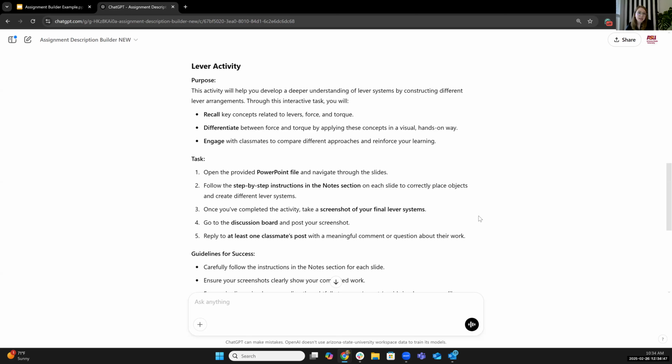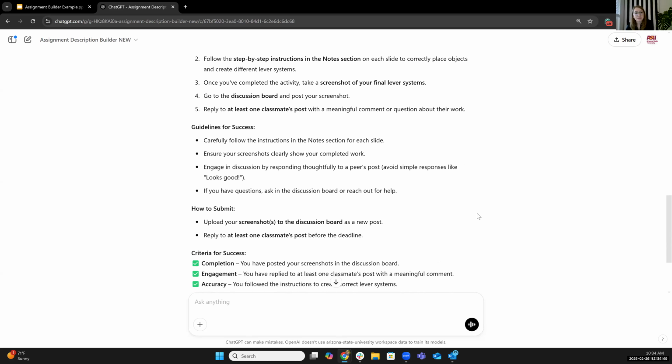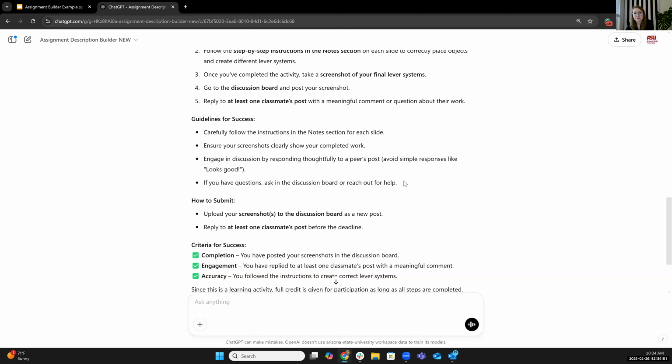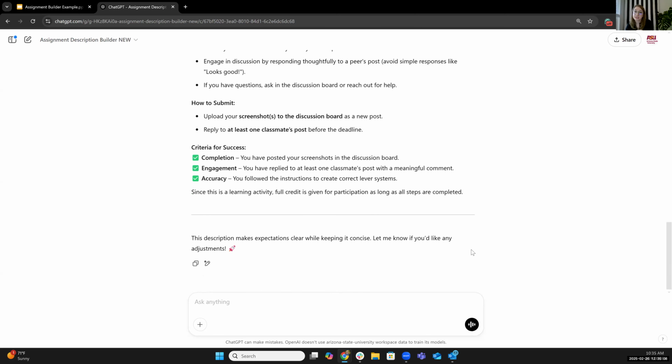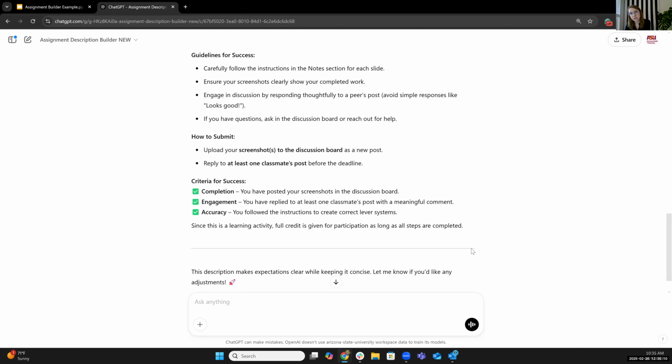The guidelines for success, this is a short activity. I don't think we need to have that much info. I probably wouldn't include it. How to submit, we could have some more information about how discussion boards work, and then the criteria. Again, they're getting graded off participation, so I would tweak that as well. And also, if you notice, it's missing the technology support side of things that I decided to include, but it gave me a start, and I could actually reply to this and say, hey,